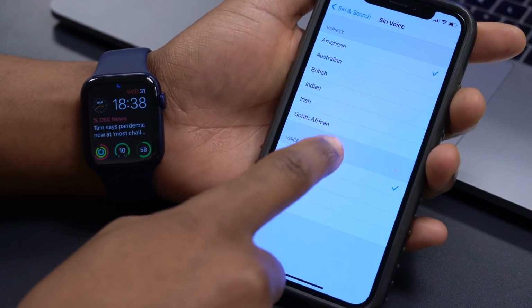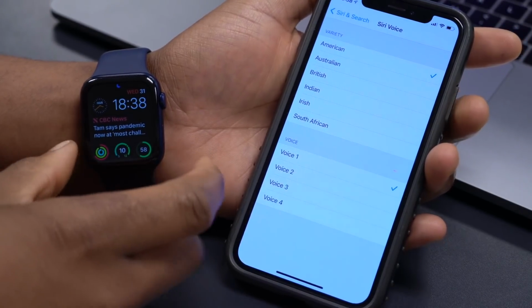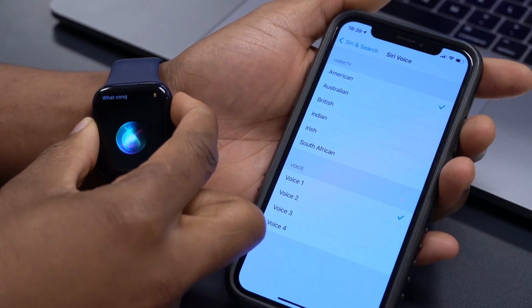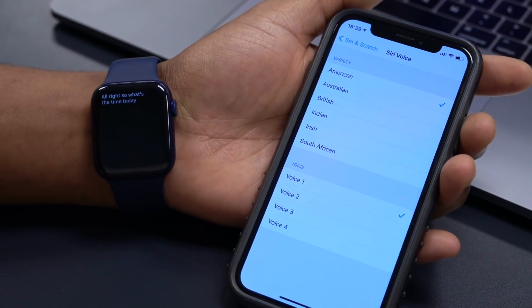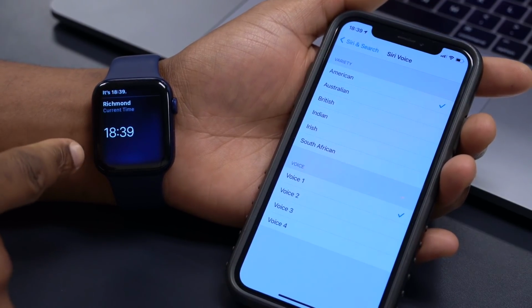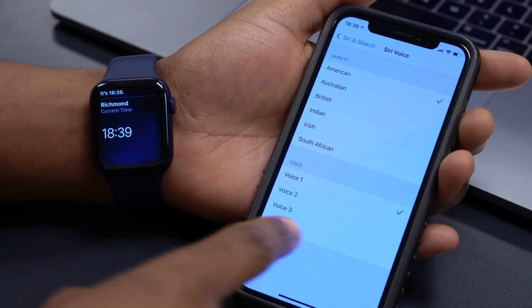So for example, if we select voice 1, and then activate Siri on the Apple Watch. What's the time today? It's 18:39. Okay, so you can see the time, and you heard the type of voice that we have. And if we select, for example, voice 4,